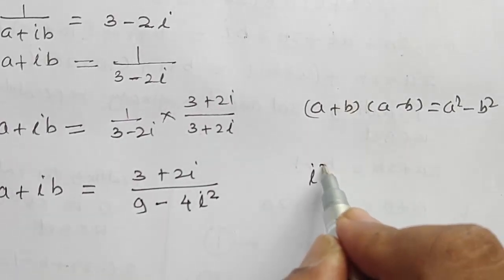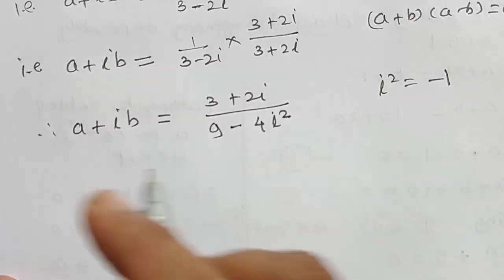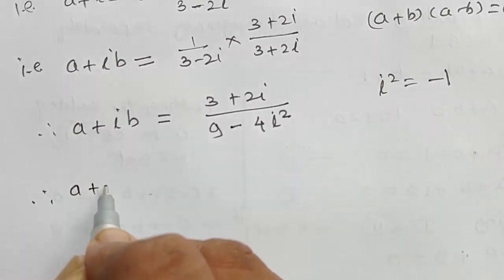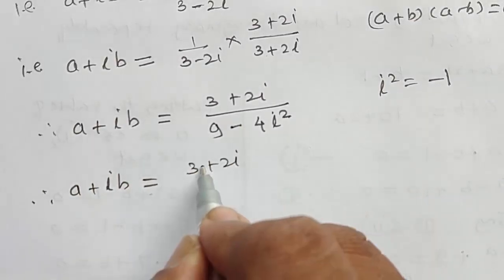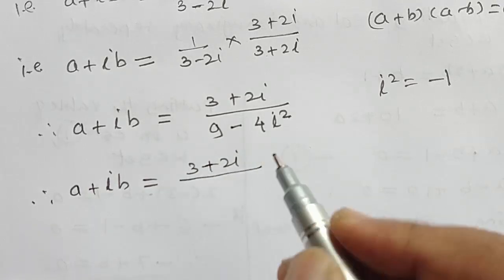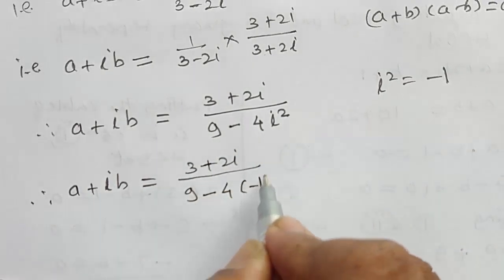Again, i square is equal to minus 1. Putting the value of i square, therefore, a plus ib is equal to 3 plus 2i divided by 9 minus 4 into minus 1,